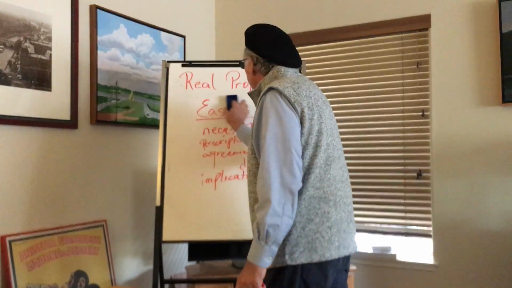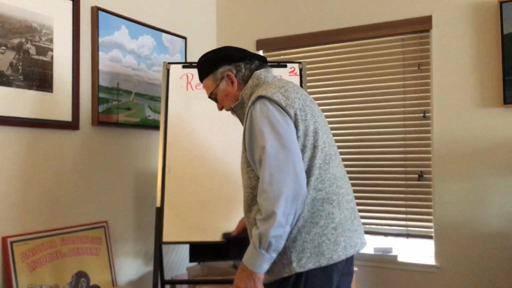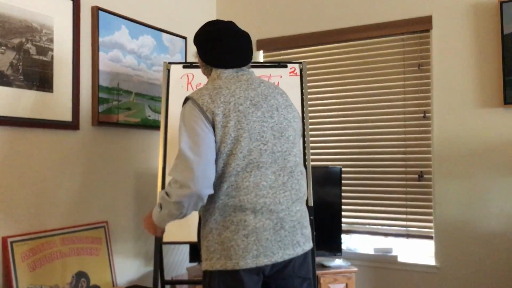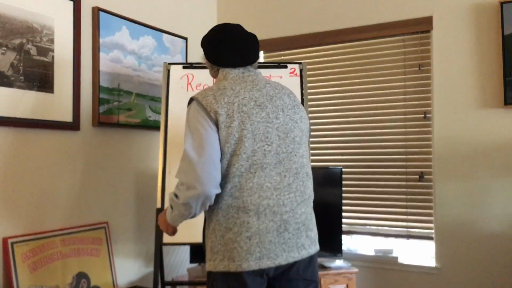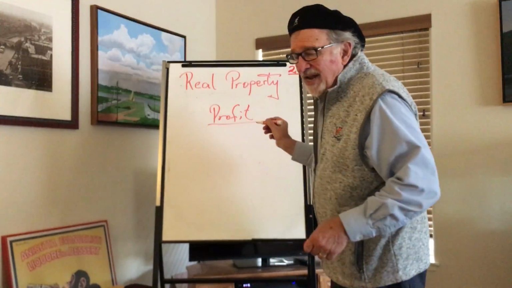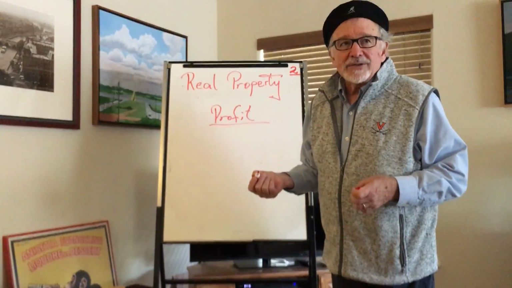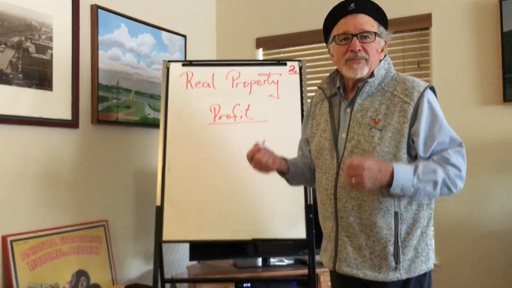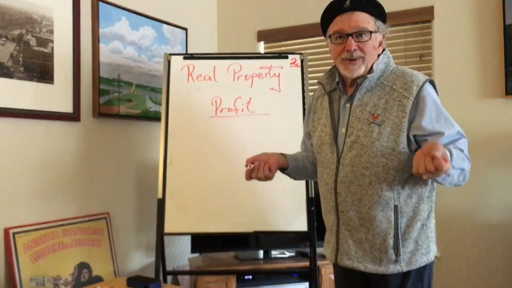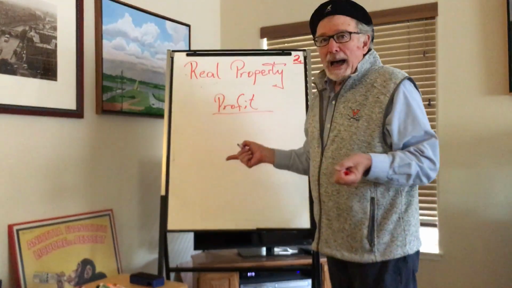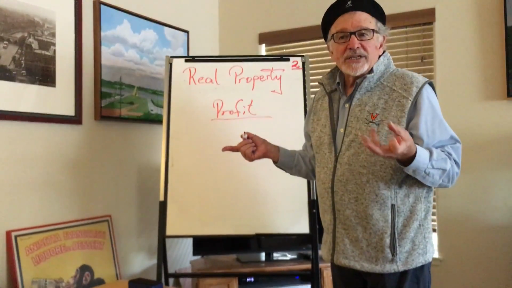kinds of easements, and I'm just going to briefly mention something called a profit. In this context, a profit means a right to go on somebody else's property and take something off of there to use or to sell or to do whatever you want to. A particular kind of profit is you may have a bunch of sand or gravel on